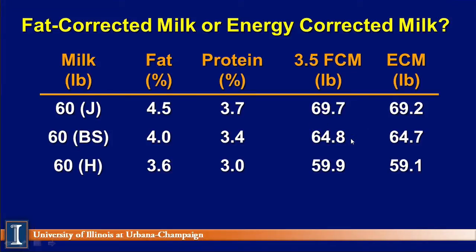I guess, Steve, I'll get criticized. I should have used a Guernsey here since you have those at Hoard's farm, but it just gives you an